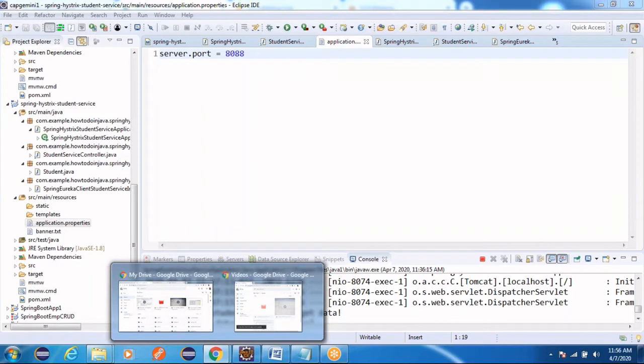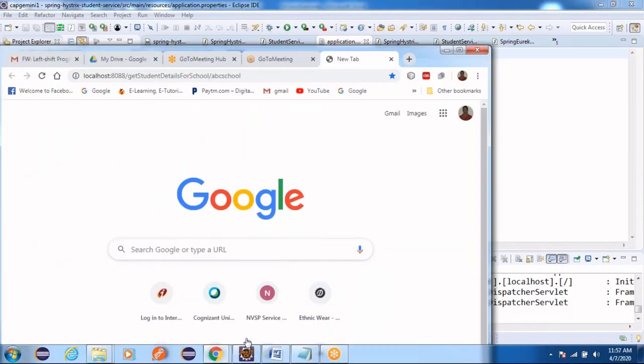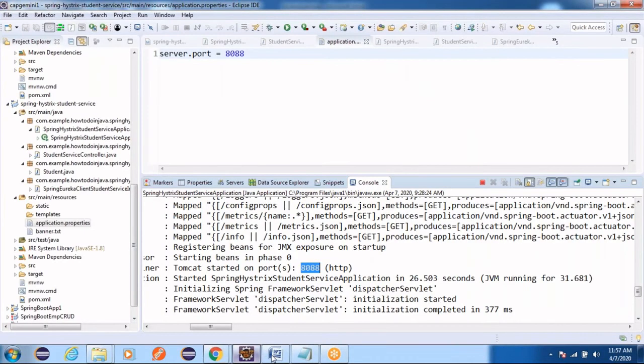Now this service has to collaborate with another service called school service. In this microservice, we are enabling Hystrix. We write the annotation, and it's a Spring Boot application. Here we have a controller to load the student data, but student data is not available in this service. So it collaborates with the student service by means of a student delegate service class. In the student delegate service class, we write a main method. This method loads data by interacting with the endpoint of your student service, so we give the actual URL that we used here to load the data. With that, it consumes the data and provides it back to the end user.